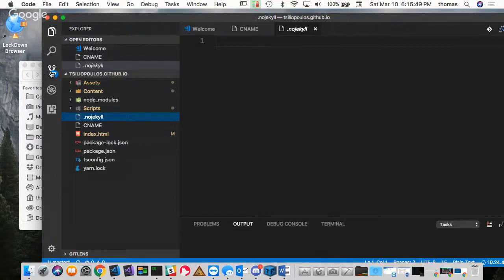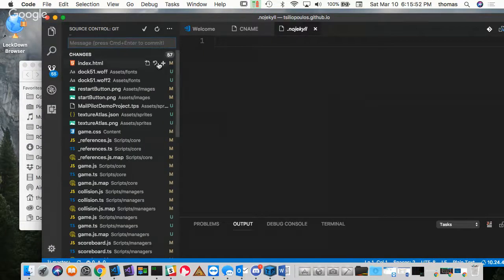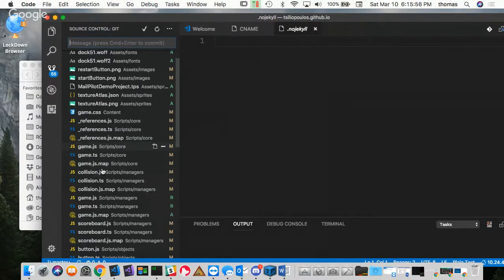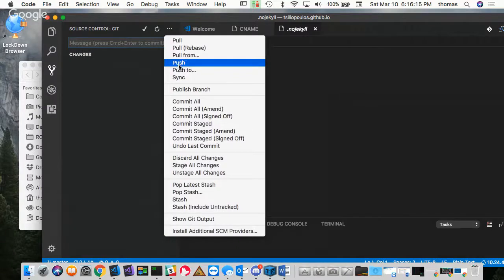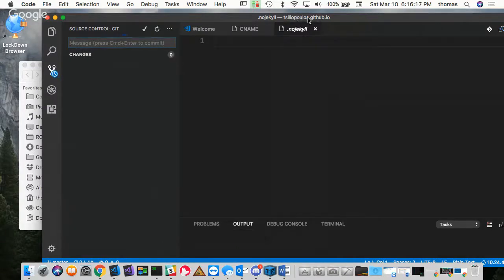All right, so let's make that change. So I'm going to go up here and just stage all these changes, right? And you can see what got updated and modified. These are all the things that got updated and modified. And I'm going to say that I updated project to include, well, we'll say updated project again. So click on this and push. Now this is going to push to my Ciliopoulos.github.io account, which, if everything goes well,